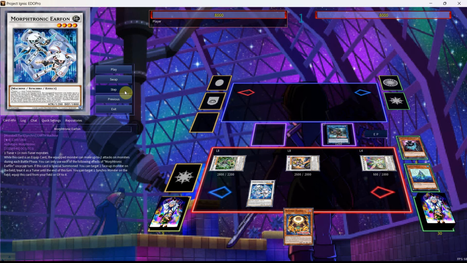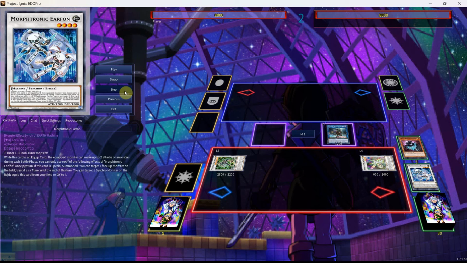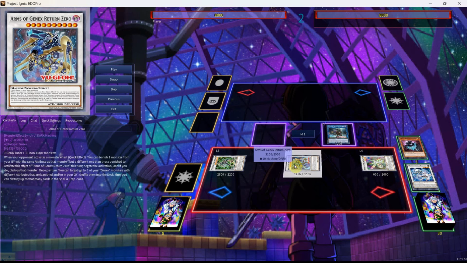Now from here we're going to go onto our opponent's turn, and at any point during our opponent's turn, well, first during the standby phase, you can actually get back one of your Genex monsters, and this is really nice because it gives you an extra way to get back your Genex stuff. But now during our opponent's turn, whenever they do something that you want to respond to, you can use the effect of the Turing in hand, go into your next new card, and really the final new card, the Arms